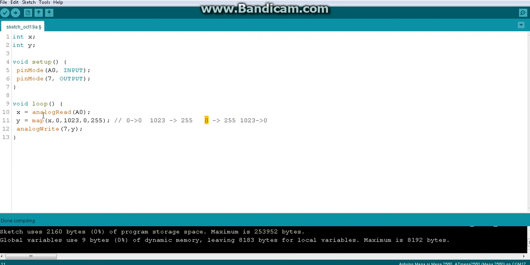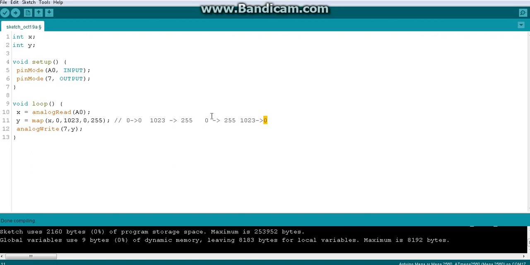This is x. X means the input value. This is y. Y means the value that is going to be given in the output. So earlier, for a particular input, we got the respective output: minimum input, minimum output; maximum input, maximum output. Now we should do the other way around: minimum input, maximum output; maximum input,